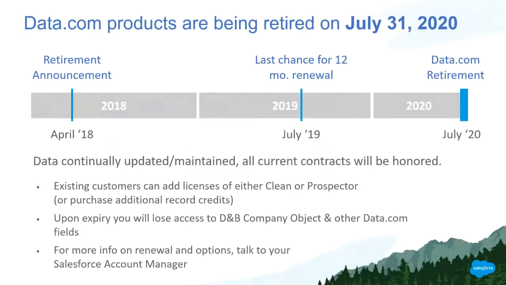One important point is that some customers do have current contracts that are beyond that July 31st, 2020 date, and we are honoring all customer contracts. But if you are interested in moving earlier, you can work with your rep on a transition plan even prior to your contract expiration. And so we want to get these dates out there and encourage you to start doing your analysis on your transition and share more details today. And if you have any specific questions, if you have a renewal coming up and you're wondering what the transition will look like, how the licensing works, et cetera, you can reach out to your account executive or renewal manager.